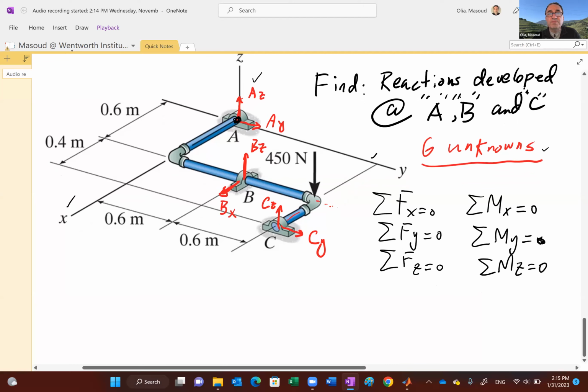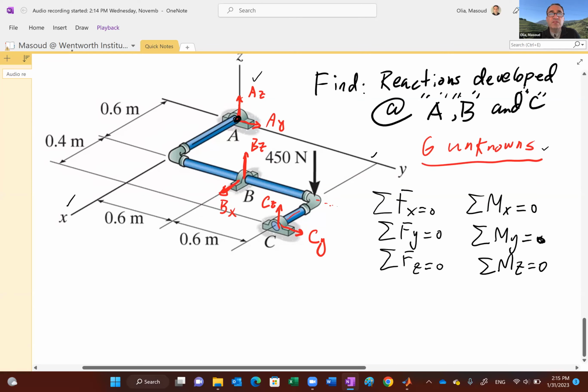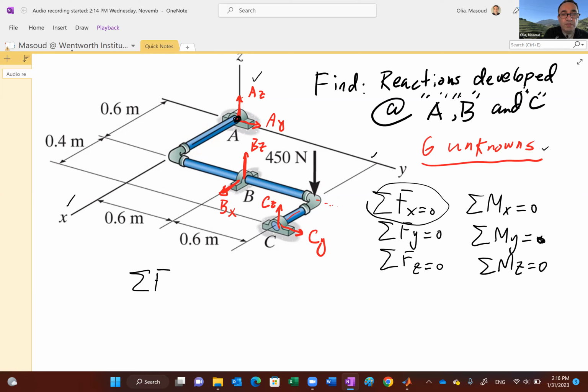Now, notice that if we start by summing forces in the x direction, using the equation sum of the forces in x, look, the only force that we have in the x direction is Bx, nothing else. So Bx must be equal to 0. So here we go. That's how easily we got